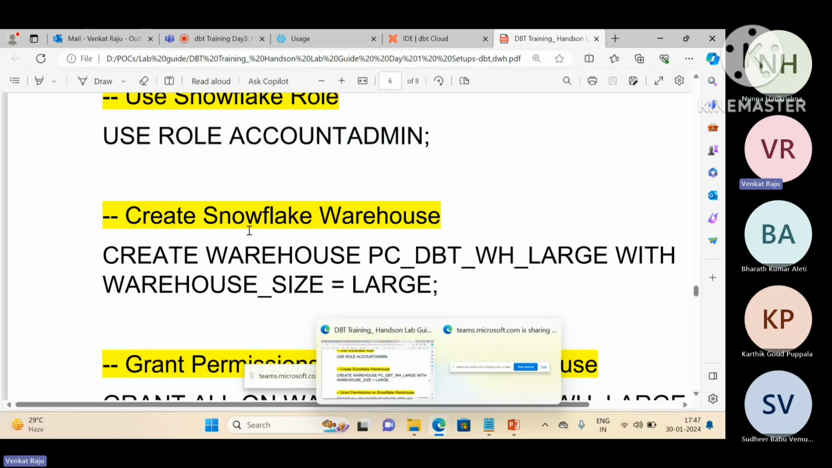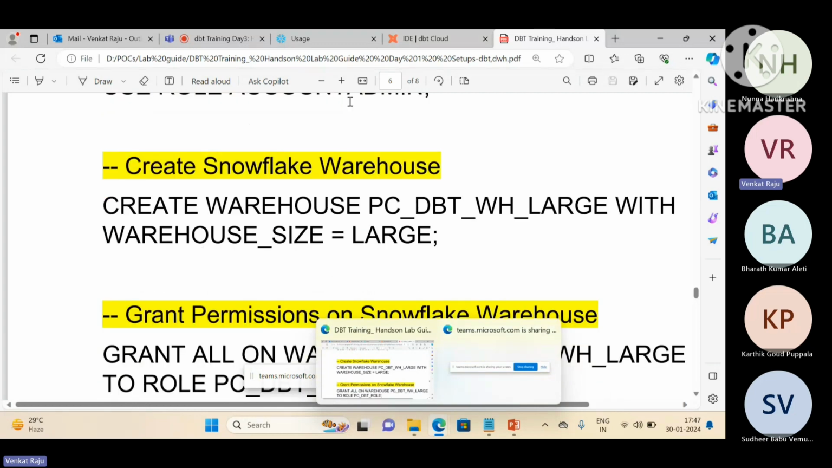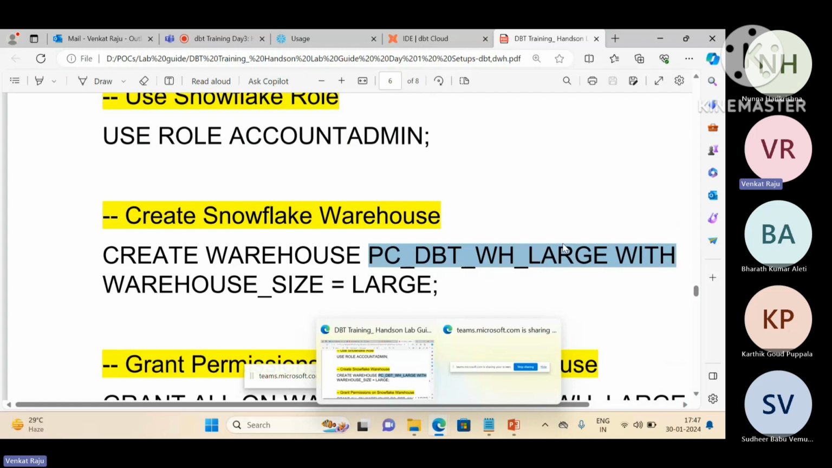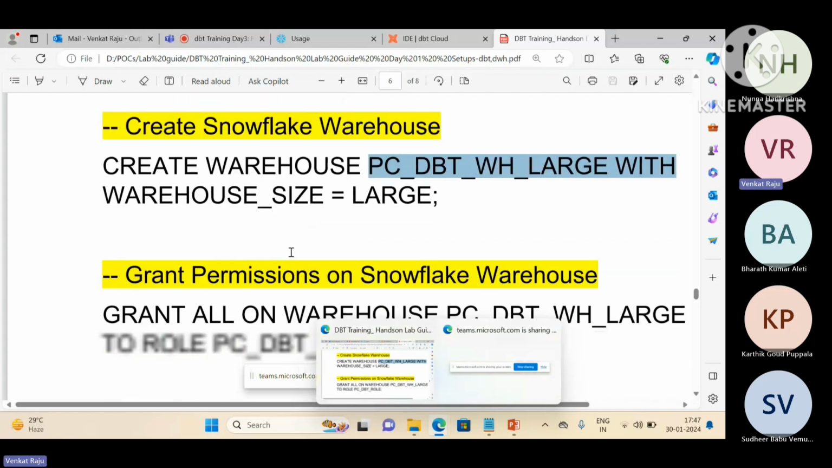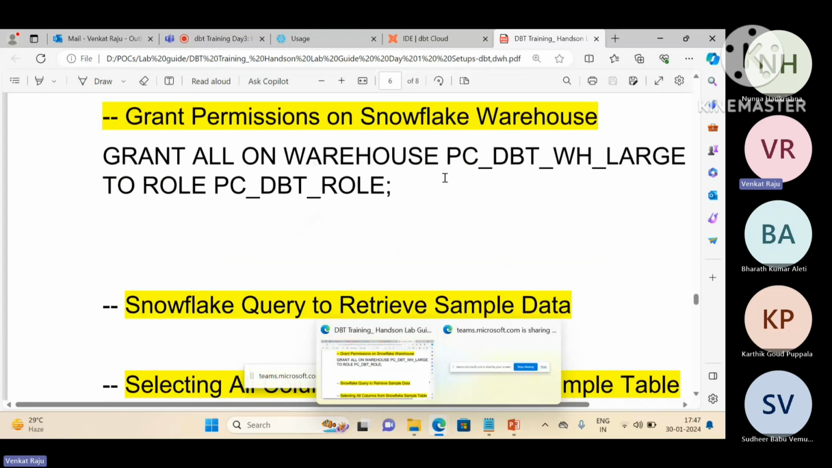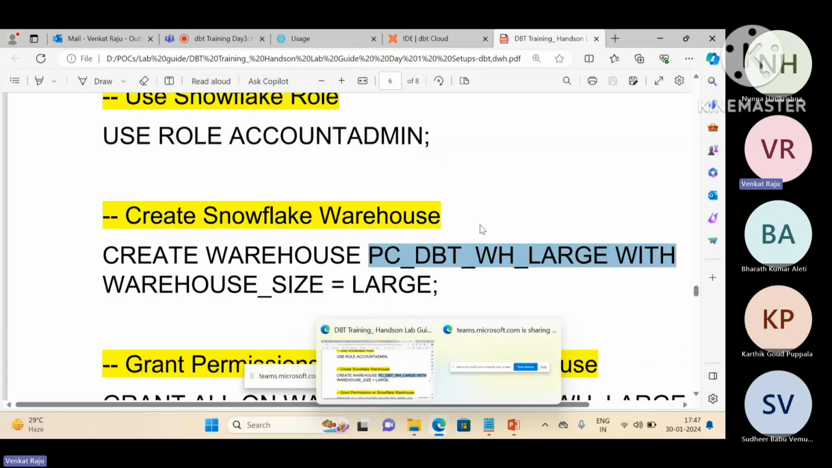Then we are going to create a Snowflake warehouse just for this lab. Create warehouse, using the same statements. Please don't change anything, because you will get confused. We need to understand the flow first, then you can play around; after 4 labs, you can do anything. For now, just follow these steps. Create your warehouse with this name, and the warehouse size is large. I'm asking you to use the same names because from tomorrow onwards, when I create models, I will give you